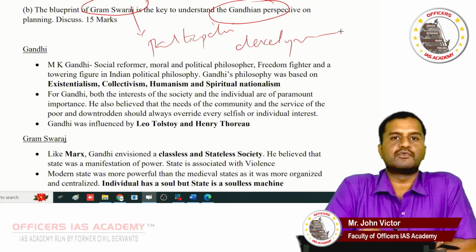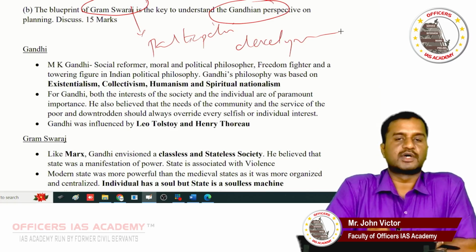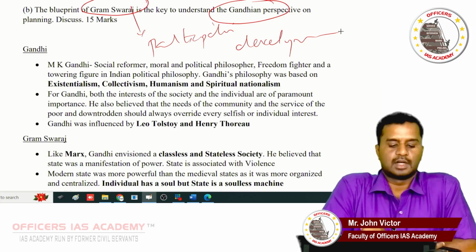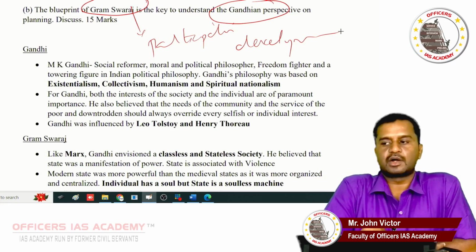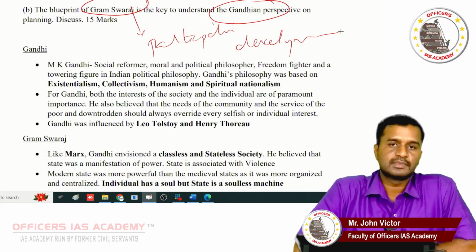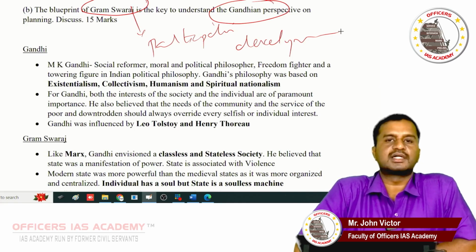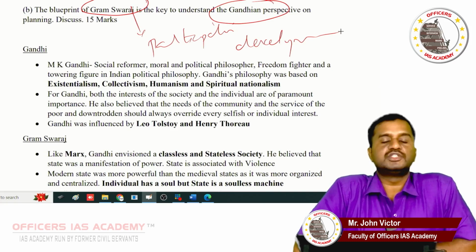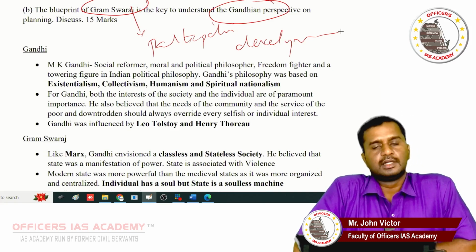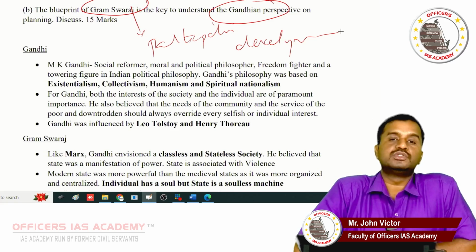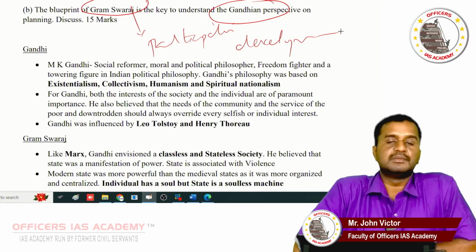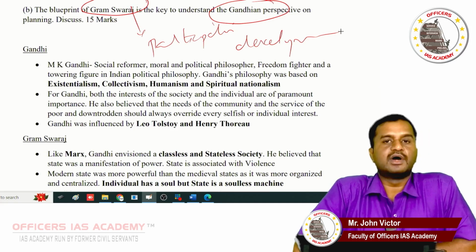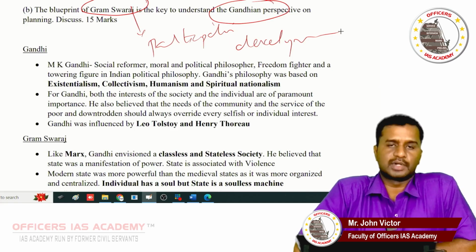He had a positive understanding of humans. What communism was for Marx, Ram Rajya or enlightened anarchy was for Gandhi. According to Marx, the final stage of human history is communism. According to Gandhi, the final phase of human history is Ram Rajya. It is called Ram Rajya, but it is not a system related to religion. Name only is Ram Rajya. In Ram Rajya or enlightened anarchy, there won't be state. The people will have complete freedom. Using the freedom, they should regulate themselves, develop themselves, and they should contribute to the society. This understanding of Gandhi forms the basis of Gram Swaraj.